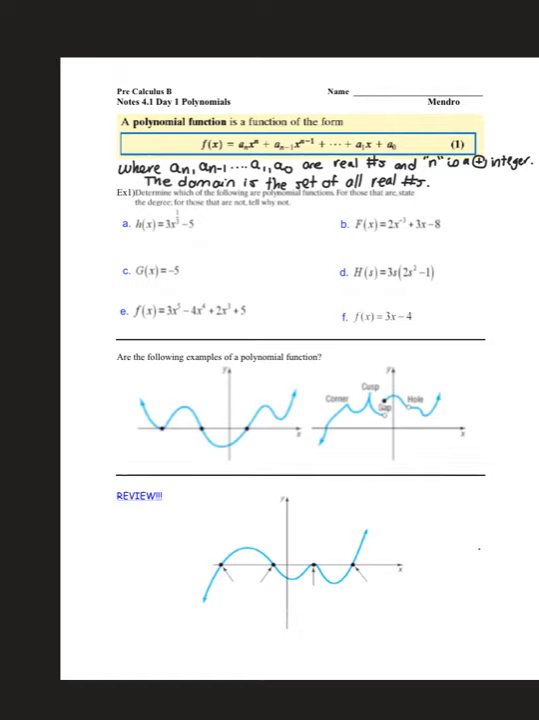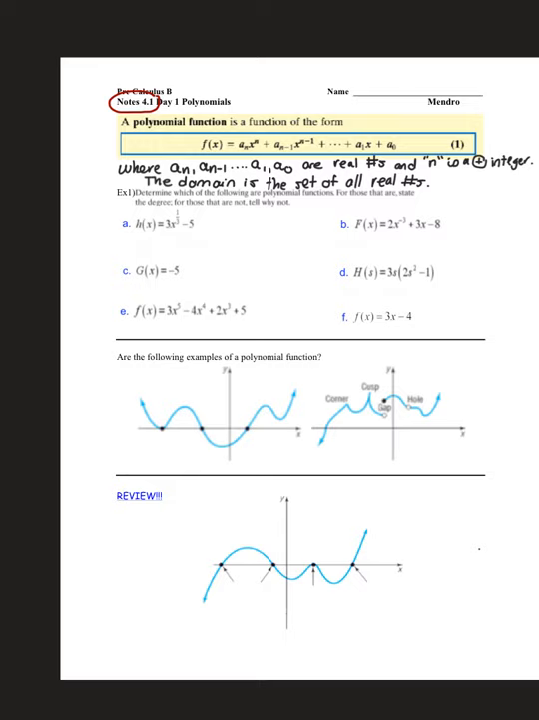Today, class, in lesson 4.1, we're going to be reviewing all the fundamental basics of a polynomial function. A polynomial function is defined by the form f(x) = a sub n times x to the nth power, and then a sub n minus 1 times x to the n minus 1 power, and